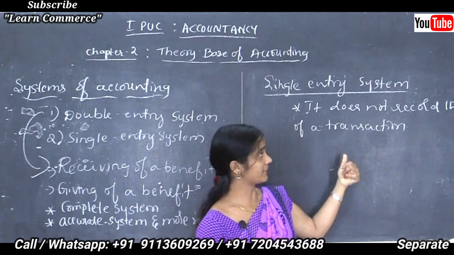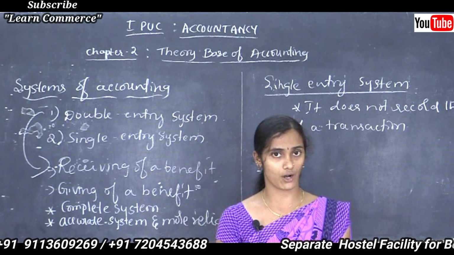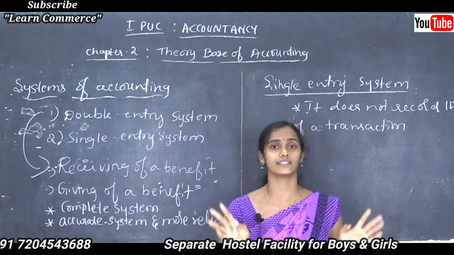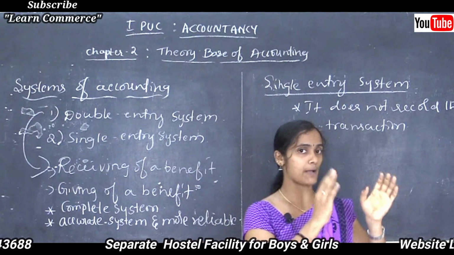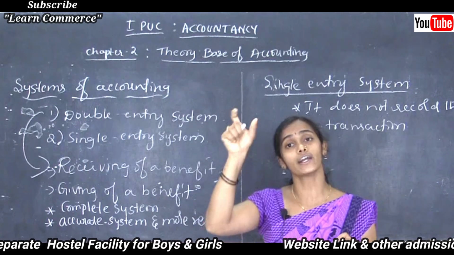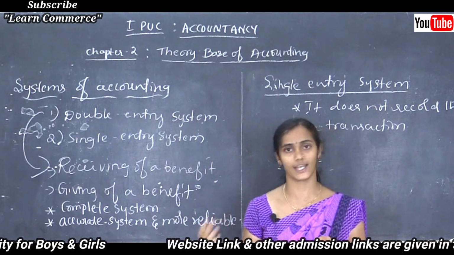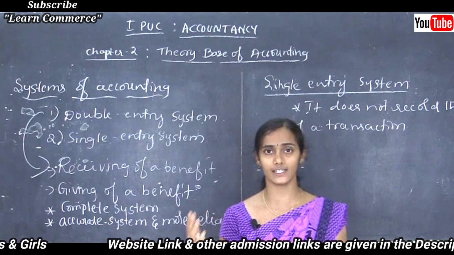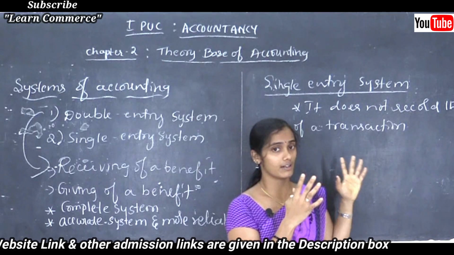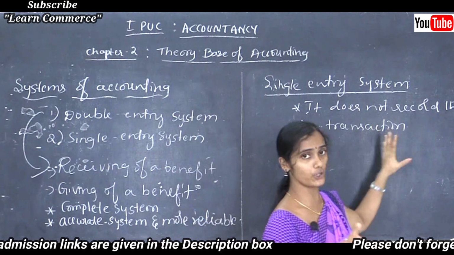But according to this system, instead of maintaining all the accounts, just personal accounts and the cash book are maintained. Personal accounts like Ram's account, Lakshman's account, A's account, B's account, X account, like that. And the cash book. In the cash book, they record all the cash payments and cash receipts. Nothing other than that. So according to the single entry system, the important thing here is